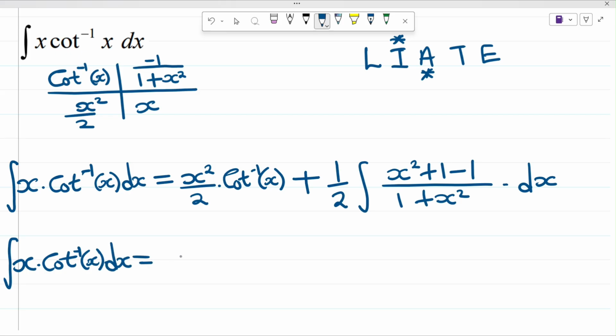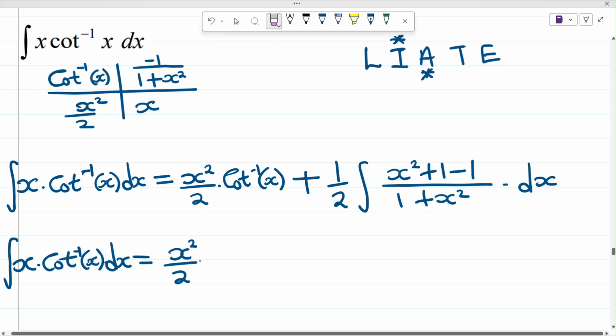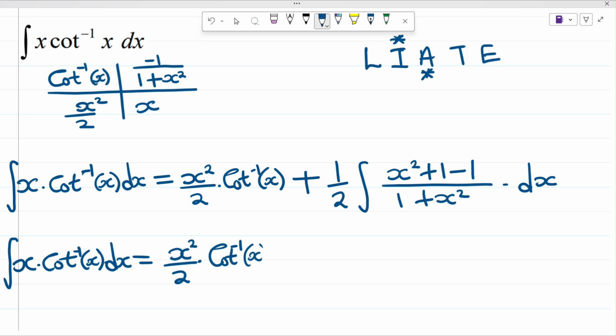It's equivalent to x squared over 2 multiplied by the cot inverse of x, and then plus what? Plus